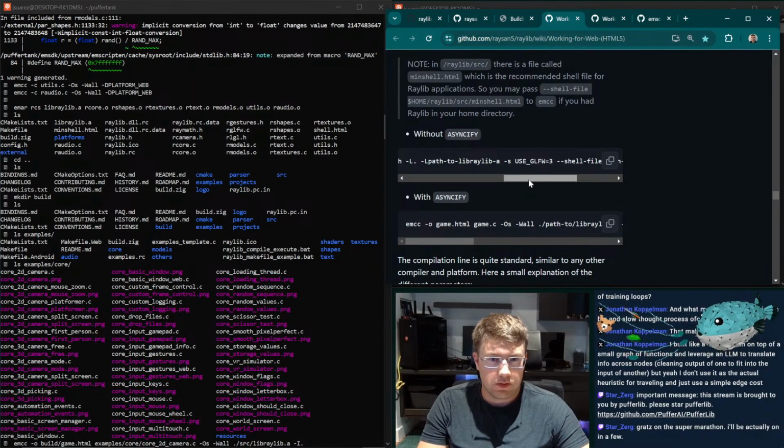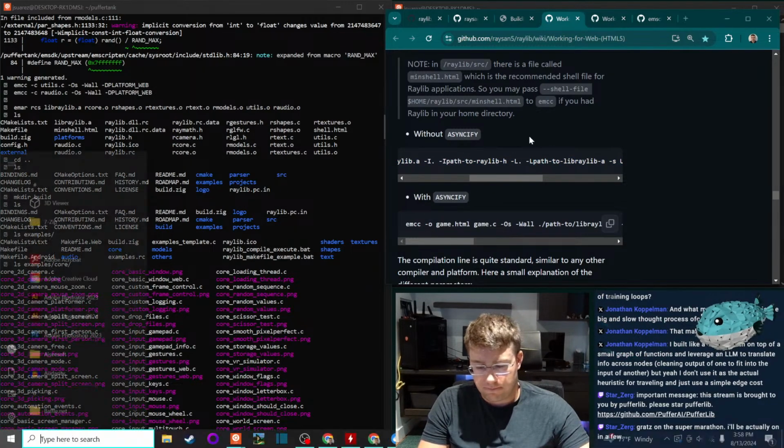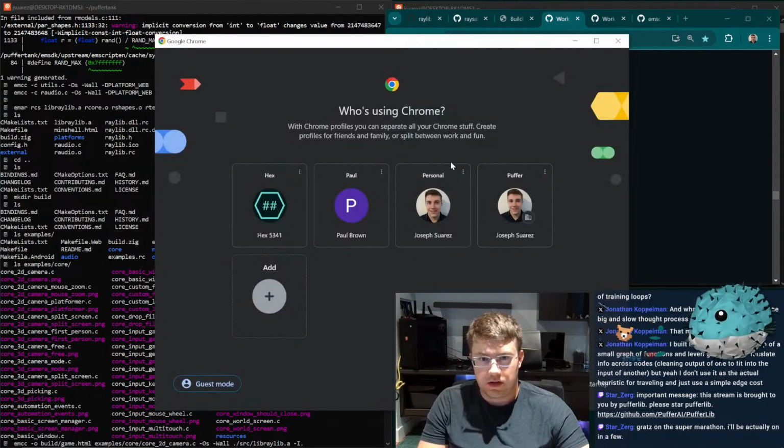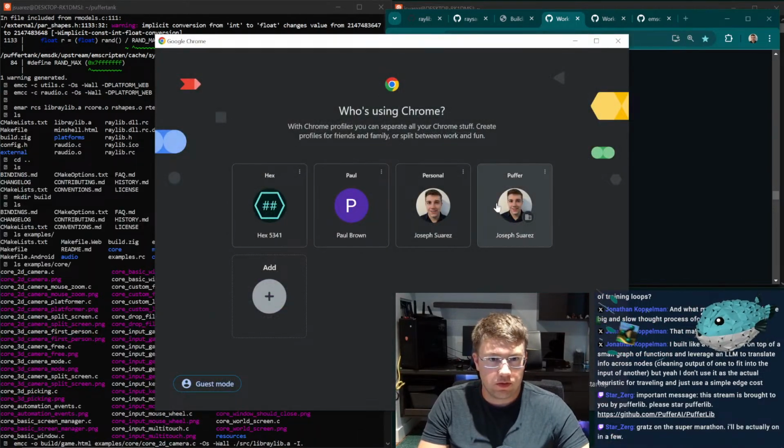Path 2. Does this mean... I actually don't know this syntax. Is this like a flag that he made, or am I actually supposed to put in my own?